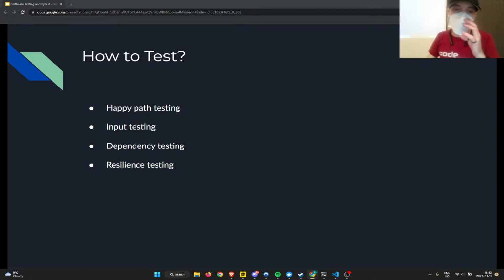Okay. Resilience. I'm calling this resilience testing. This is basically, what if an external service is down? So if the database goes down, does it tell the user, MySQL cannot connect? The user's going to be like, what the hell is that? But if you say, hey, we're having some kind of internal problem, please try again in like 10 minutes, the user will be like, oh, okay, I'll try again in 10 minutes. And then again, make sure you log stuff.